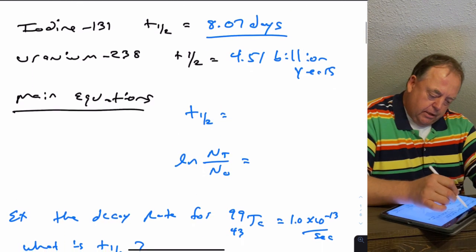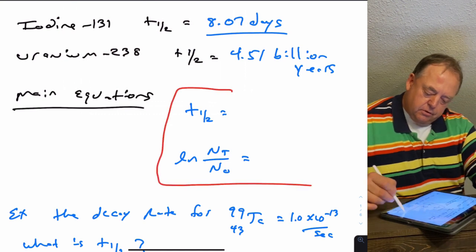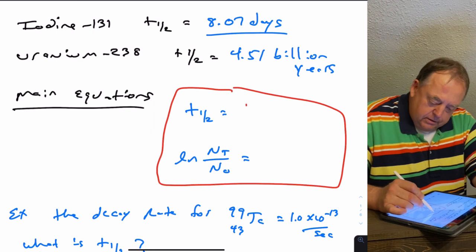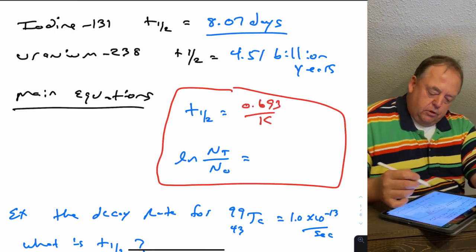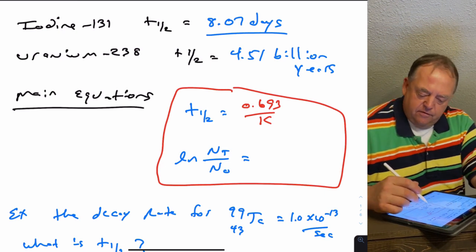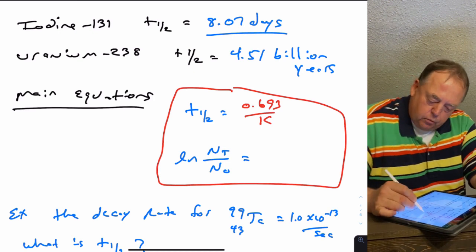Okay, so there's two main equations when we're dealing with half-lives that you'll have to know how to use. So half-life is equal to 0.693 over K. So this is the equation you saw before back in the kinetics chapters. So radioactive decay is a first-order process, so that's an equation for a first-order reaction where K is the rate constant